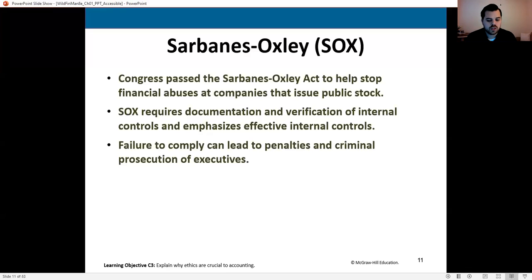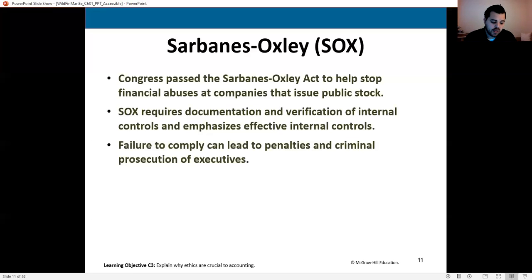And so that is the goal, to make sure that these internal controls are not only designed well, not only written up in some book that no one ever looks at, that they use for a door opener. That's not what we want. We do want well-designed internal controls, but we need them implemented and we need them functioning effectively.